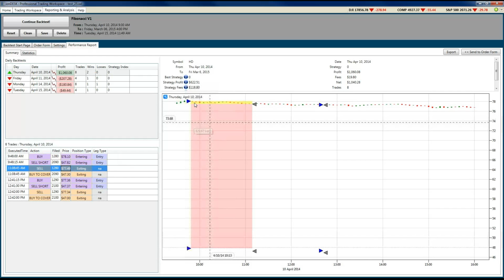Now, again, remember how I was telling you earlier that when I do my final implementation of this, the calculation of the divergence will be based on where you entered both of the stocks. Okay, or assets, ETFs, whatever. So in this case, when it diverged, we can see Home Depot went down a little bit, but Lowe's went down a little bit more. It's pretty hard to see on this chart,